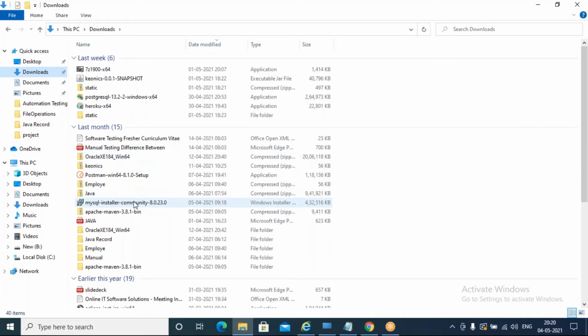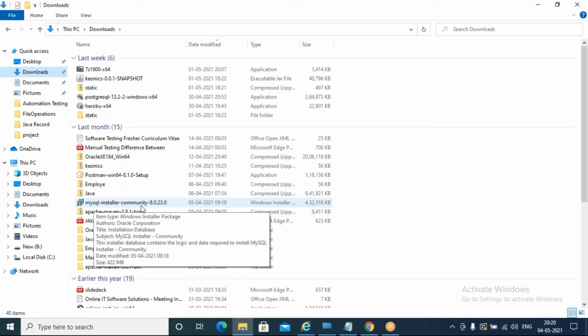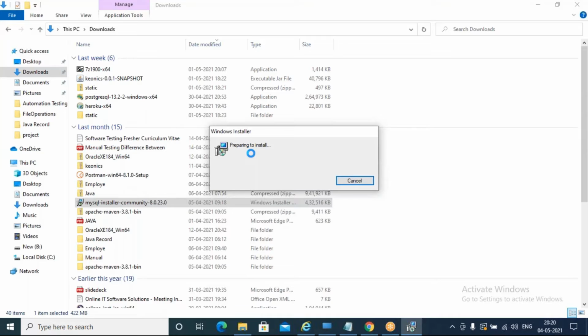I have this MySQL installer community. I'll double click on this. Now it is saying preparing to install. You need to give it some time. It will start the installer. Wait for some time. It will ask you for permissions.